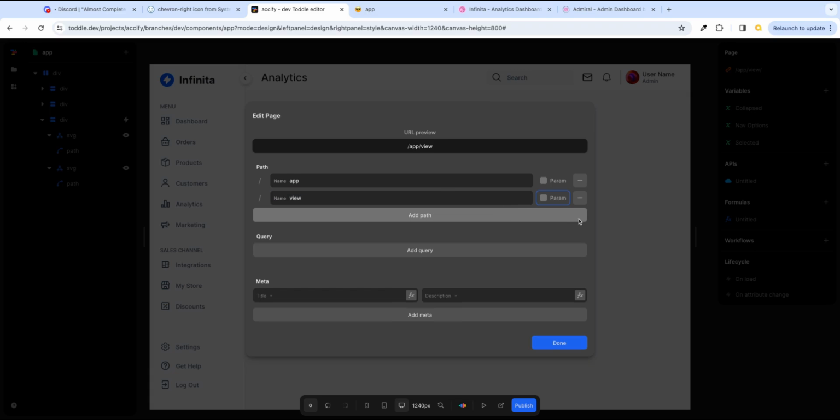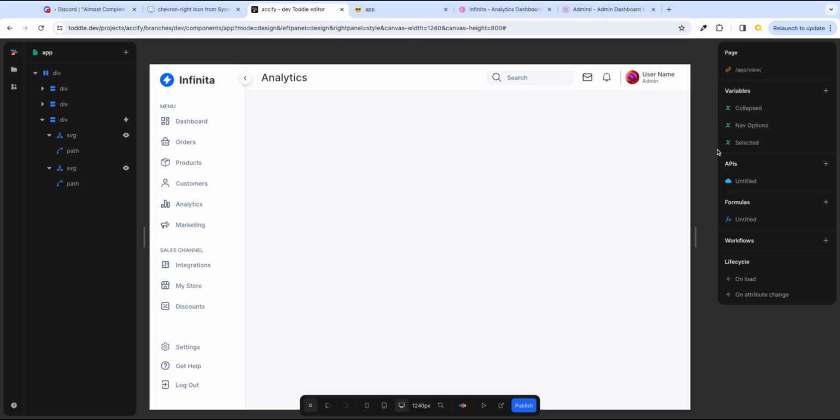view. And what's important is that I tick this param, because otherwise Toddle sees this as a static URL to the page. I don't want that. I want us to be able to move it around within the application and change it. So I'm going to then click param, and just as a test, I'm going to say dashboard, just while I'm testing it in the editor. So I'm done with that. Now that's set up. So what happens then